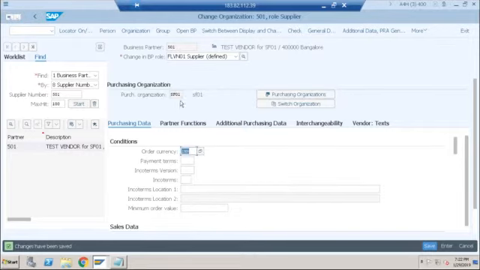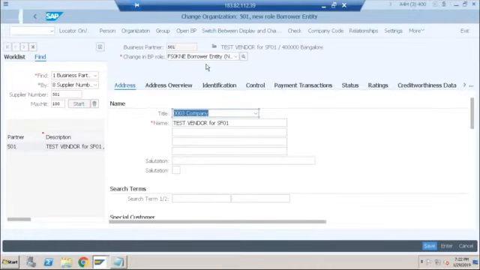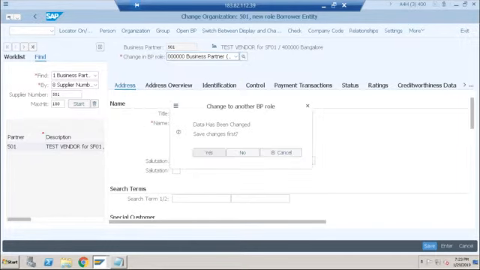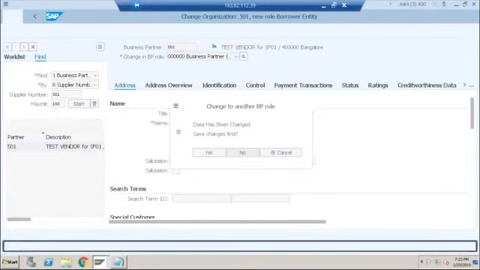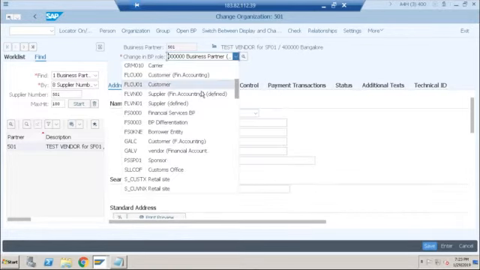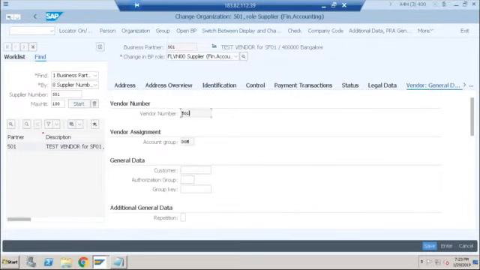So now I have this business partner 501. If I want to know the vendor number, what should I do? I have to go to the general data tab. No. Okay, it may not be in the general. Let's go to FLVN00. Okay, and vendor general data. So the vendor number is also 501. So we can use this vendor number 501 to create our PO.